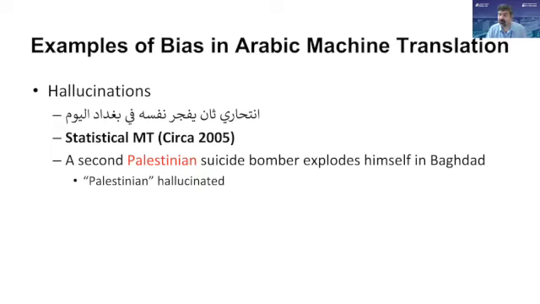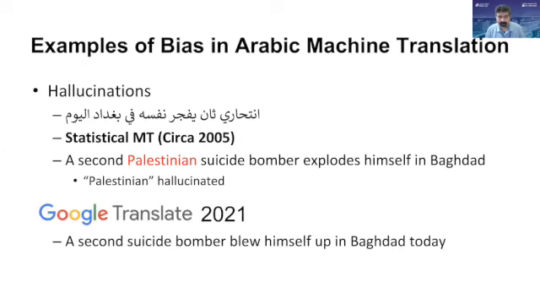The person who was running the demo was not an Arabic speaker. He was actually a quite famous, respected Indian scholar who was working on machine translation for lots of different languages. And he was just marveling at the beauty of this sentence. Isn't it so syntactically well formed? We are so proud. Look, Palestinians were the second, blah, blah, blah. And I'm like, but why would a Palestinian do this in Baghdad? Second time, that makes no sense.